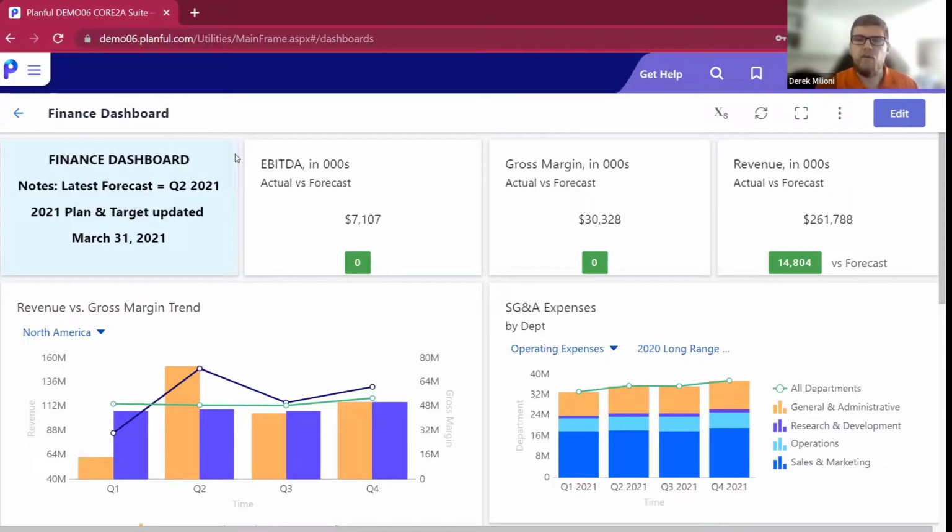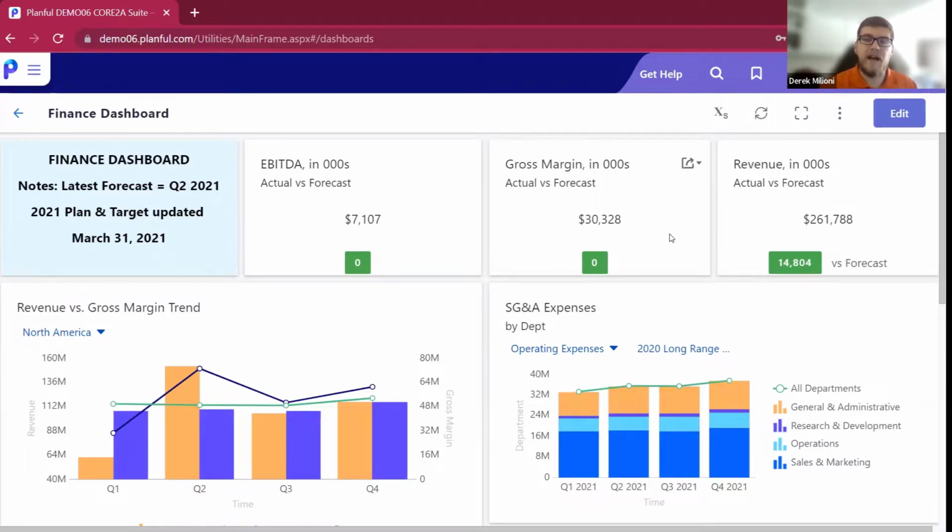And I'm going to describe what we're looking at on my screen. So in the upper left, I've created a text box that just lets me know, what's my latest? What's my latest and greatest? Is this Q2? Is this my latest plan? Is this my latest actuals? And so that's going to help drive the rest of the dashboard today, so that if I'm comparing them, let's